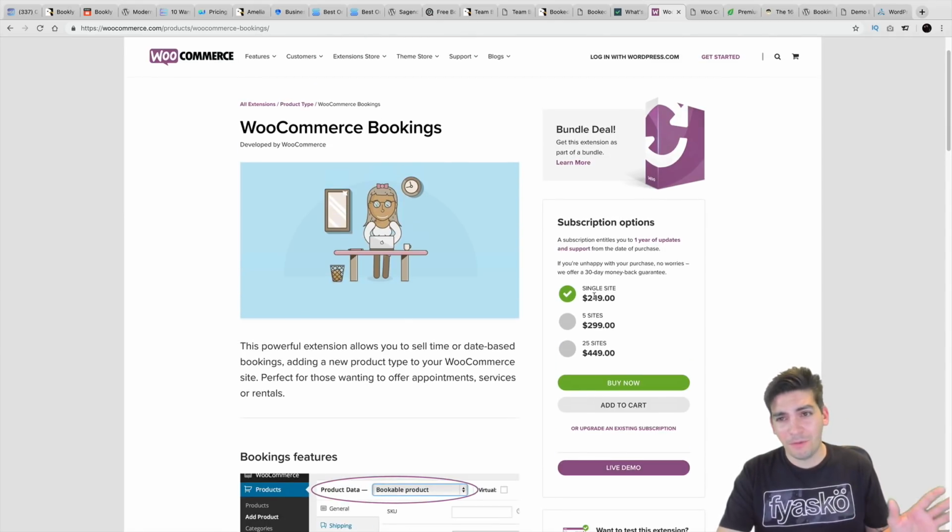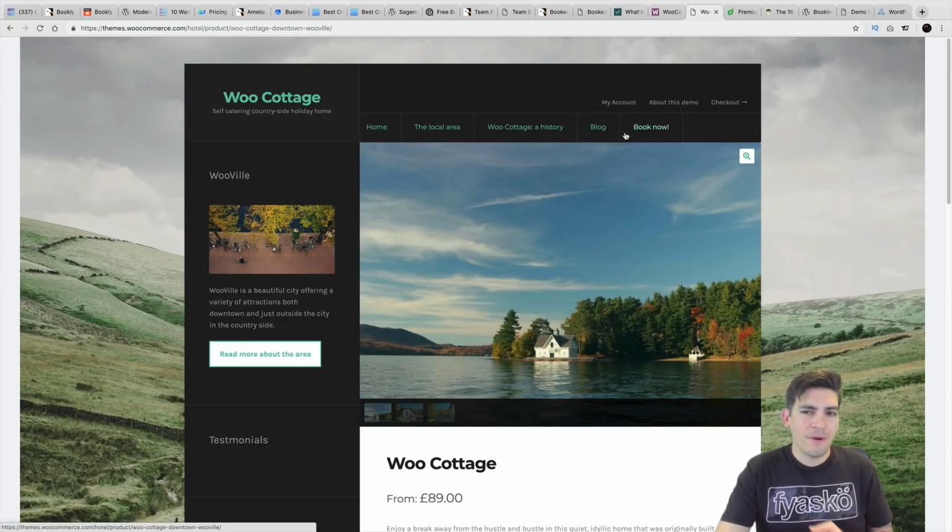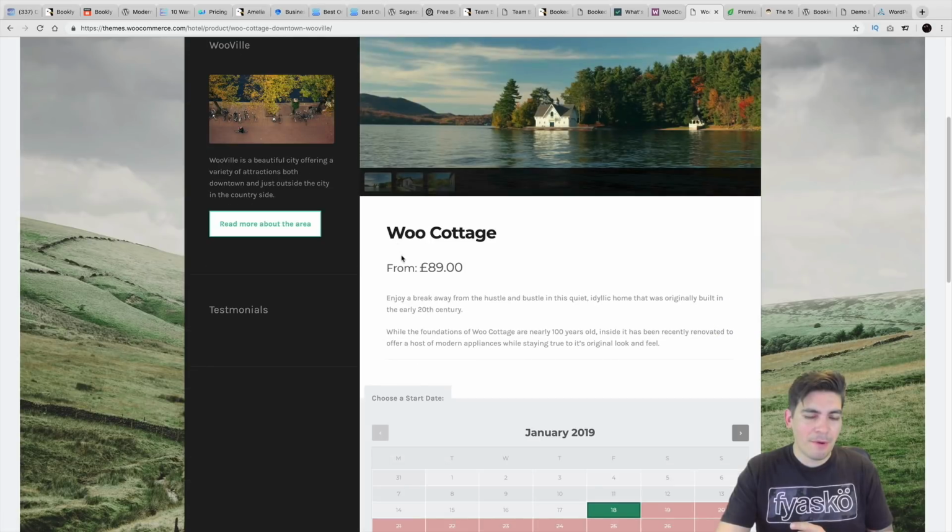I mean, Matt Mullenweg's a rich guy, so obviously they're making a lot of sales, right? But let's check out the demo. Now, the biggest problem with WooCommerce is that all of their products are really, really ugly. The styles of them are ugly, but this demo is very deceptive, because in this demo right here, I mean,